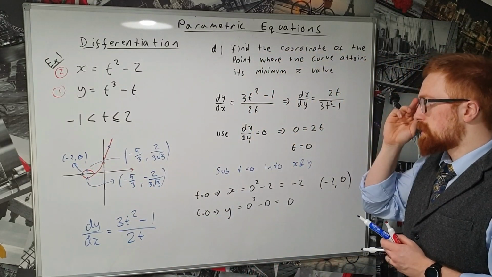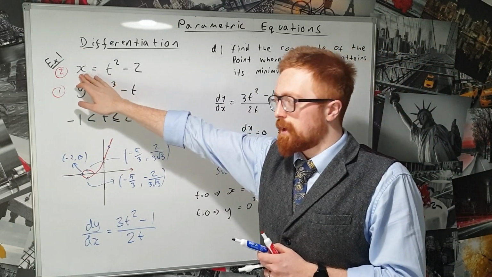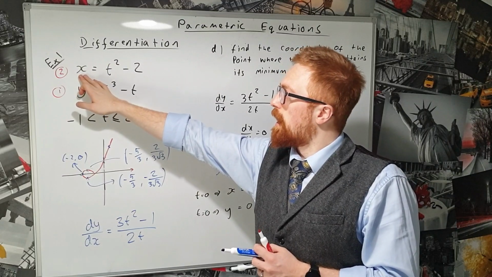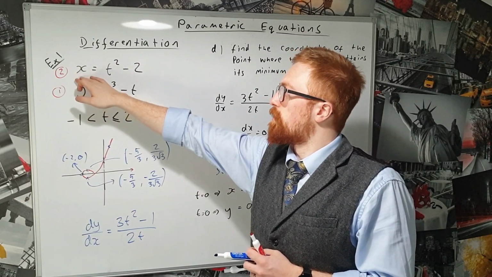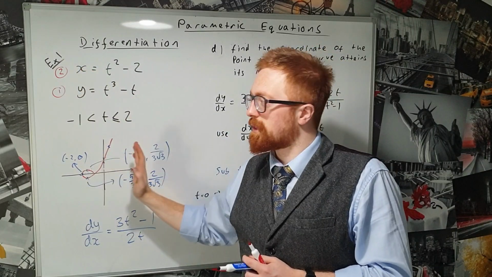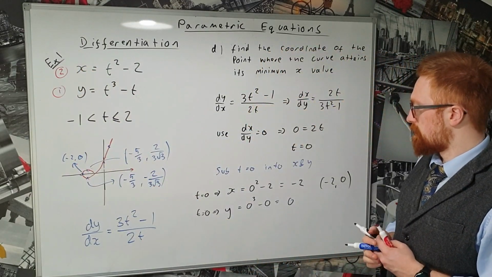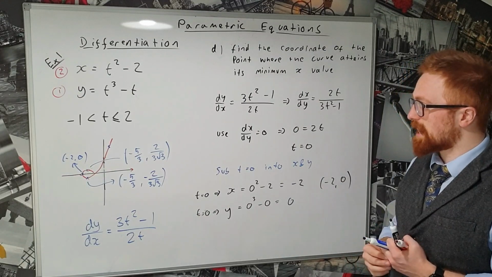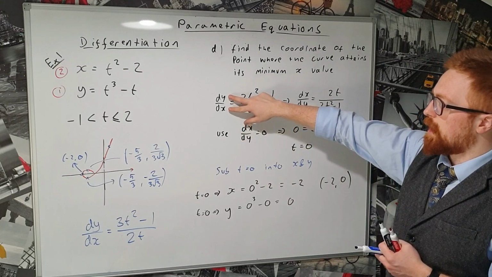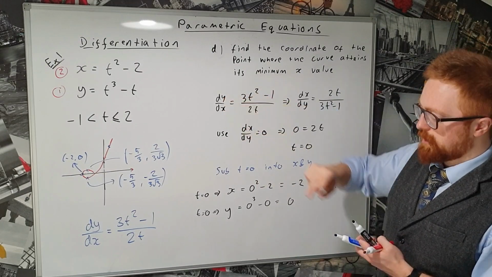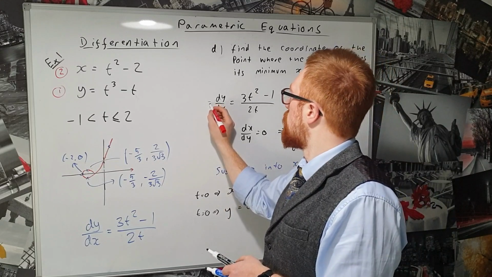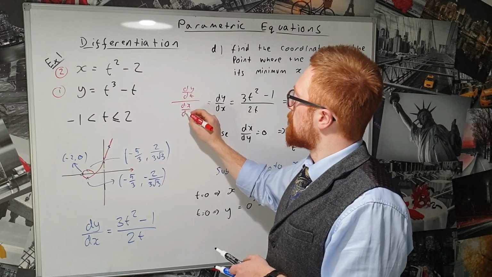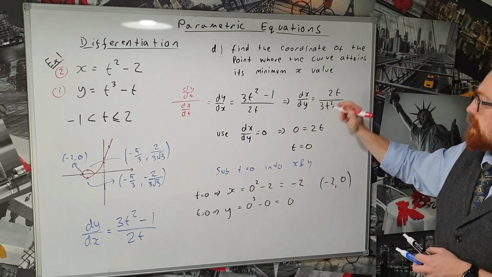Okay, so as I said, the other way we could do this is to find dx dt and then make that equal to 0. If we're finding the minimum value of x, as you'll have seen before, if we differentiate it and then find where it's equal to 0, that gives us our minimum value of x. Now, this is exactly what we've done, really. Recall how we worked out what dy dx was. Well, dy dx was equal to dy dt over dx dt. This means the reciprocal is dx dt